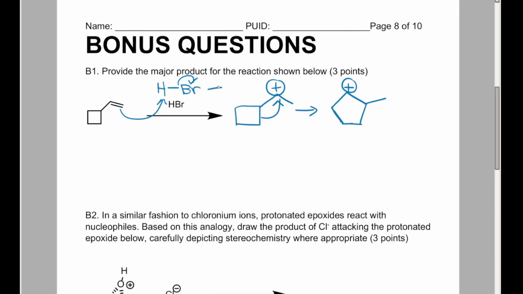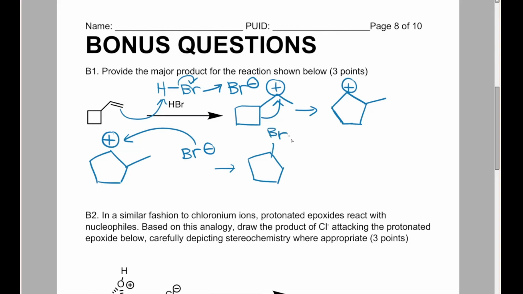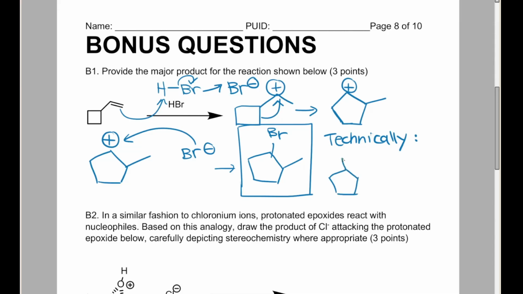There's also the bromine, which is a negative ion that just leaves the bond. In this case, now we can bring back the bromine, and the negative bromine is going to be attracted to this carbocation, and we're going to have a product that looks like this. And we can just box this. We don't have to draw the stereochemistry or the different products, because technically there are two ways that you can draw it. You can either draw it this way or this way,